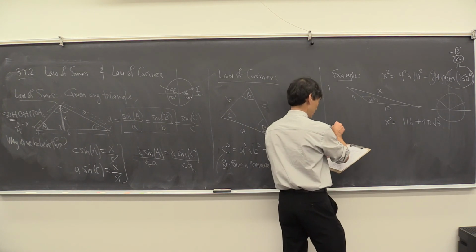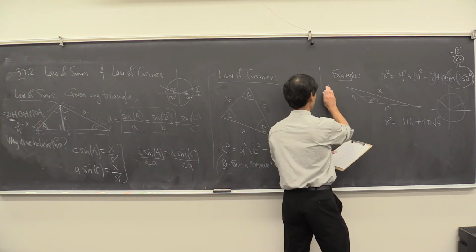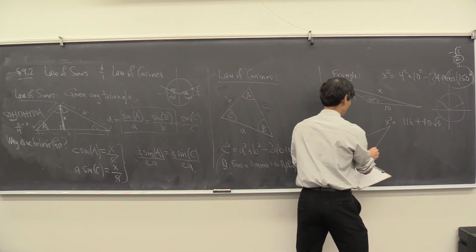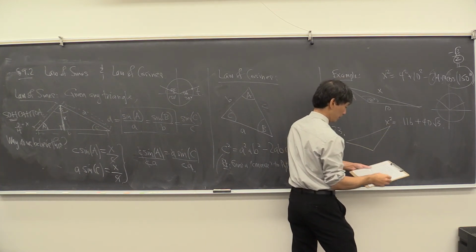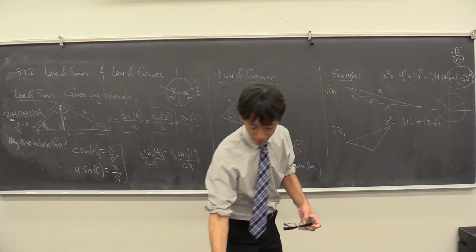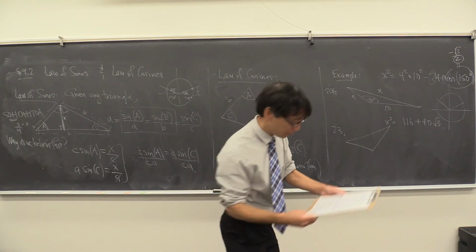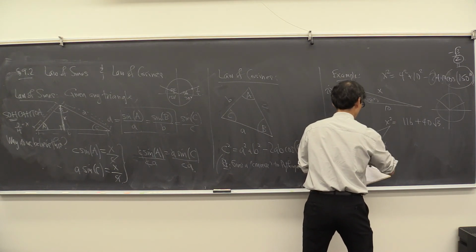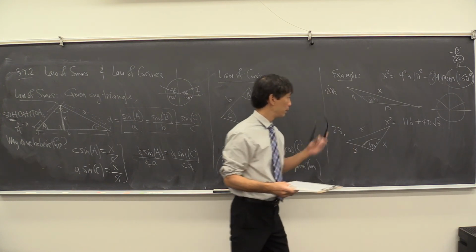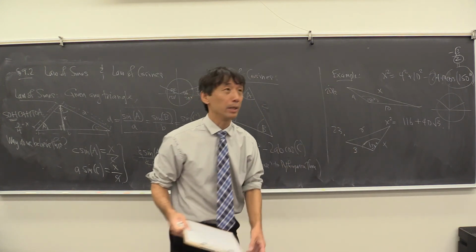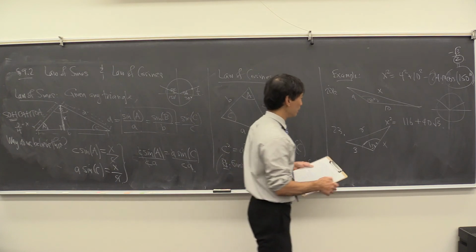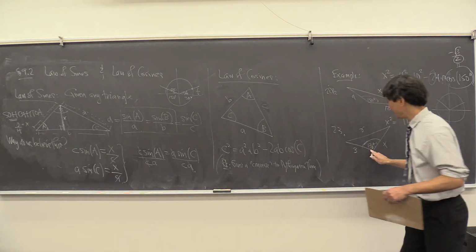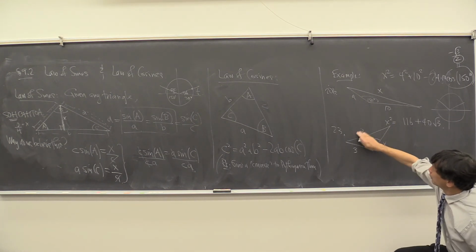Okay, another example. So this was actually 20B from your book. This is 23. Another example. Again, can't read it. 6, 3, 130 degrees, and this is x. Again, this is not the most exciting thing. We have this one angle here, right? And so we know that the one opposite,